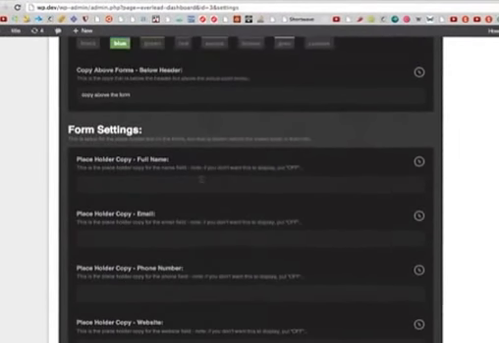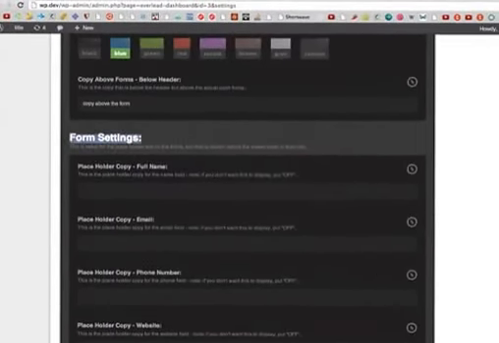Okay, so we have a few options here. We have the form settings. Basically, we have the placeholder copy for the full name, email, phone number, website. As you can see here, it says enter your full name. You can put in the copy of what this would be. So your full name here,